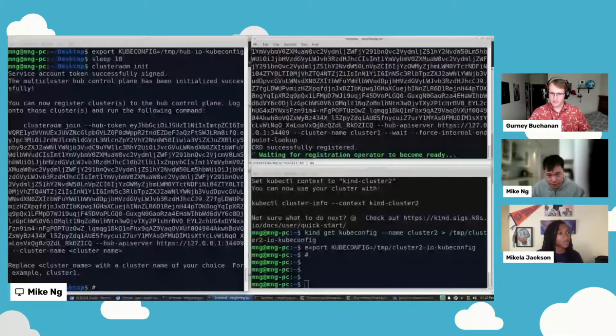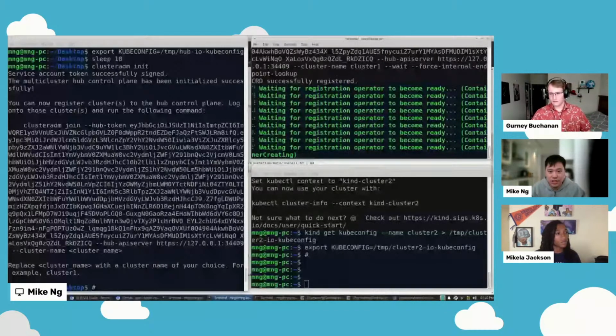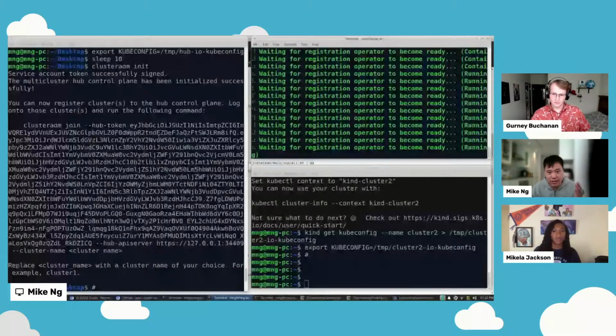This will deploy the agents on the remote cluster side, and once everything's done, that will generate a registration request to the hub cluster, and then on the hub cluster, you will have to approve it.